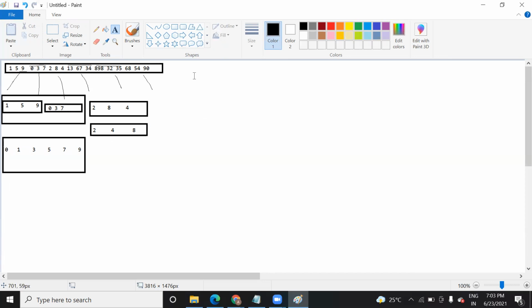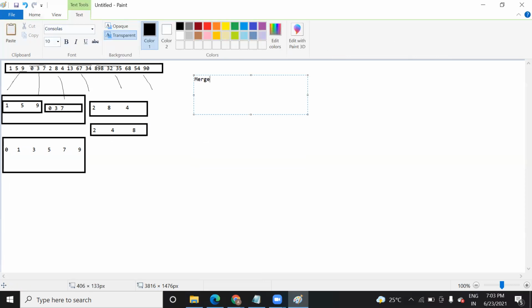This is the technique called merge sort, and this merge sort is based on the concept of divide and conquer. Why divide and conquer? Because we have divided into several sublists, you can say sub-problem modules, and then finally we conquer it. Means we accomplish our task of sorting the data. So this is the whole concept behind merge sort and divide and conquer.